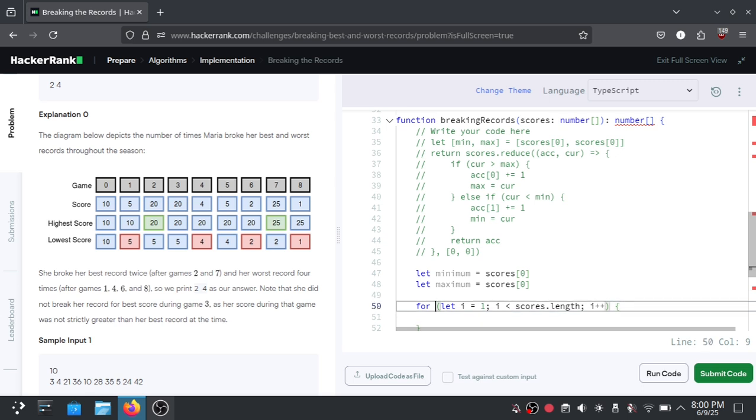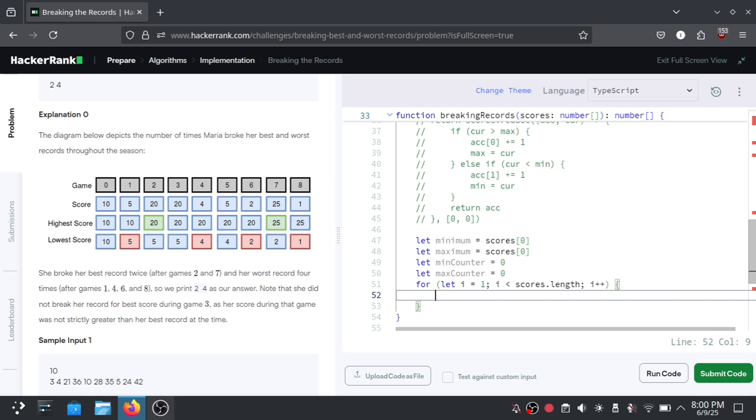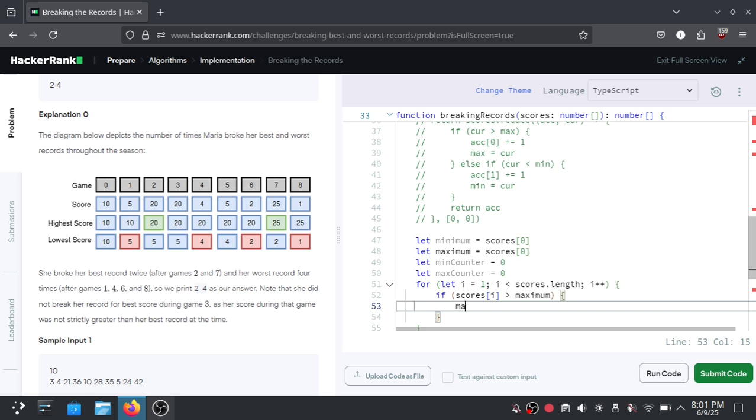And then we can declare the counter using let minimum counter. I forgot the O, and also let maximum counter. We are using let because it's going to be changeable throughout the iteration. So let's add a check if the scores array, scores i, or the current iteration, is higher than the maximum. If it is, then we are going to add to the max counter,